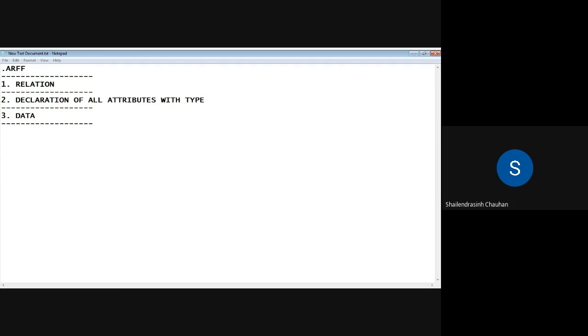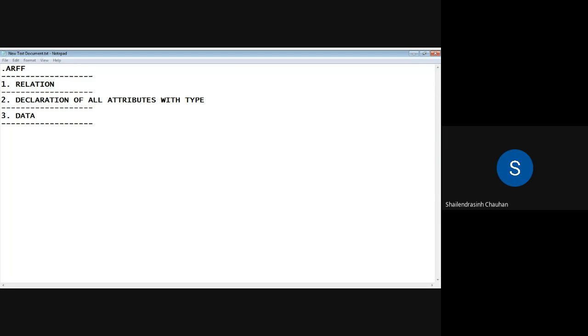Here what we are doing is relating all attributes. Like let us say temperature, then humidity. So what is the relation? At the end, by considering all these attributes, you are concluding something. Like in that weather.nominal data set, you have temperature, humidity, and outlook. Based on all these attributes, the last attribute was play.